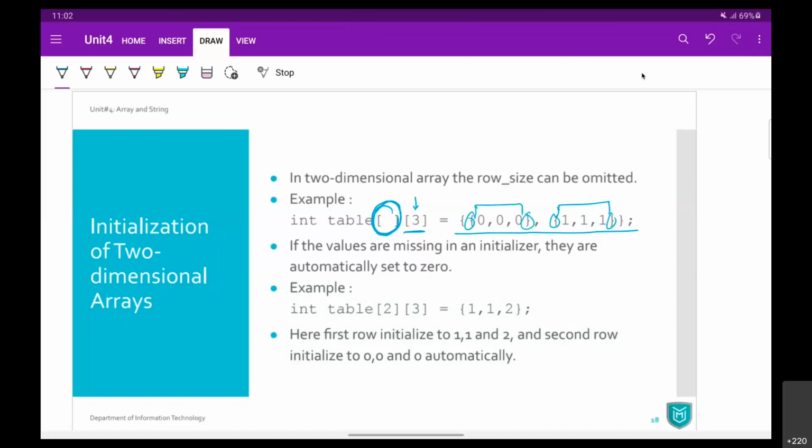Okay. And now comes the point. Look, when we say 2 and 3, 2 rows and 3 columns, so 2 cross 3, there are going to be a total of 6 elements in this array. अगर आप 6 से ज़्यादा वैल्यू असाइन करोगे, तो जैसे 1D array में हमें मैसेज मिला था कि भाई जितने एलिमेंट हैं उससे ज़्यादा वैल्यू आप असाइन कर रहे हो, there will be a warning only.